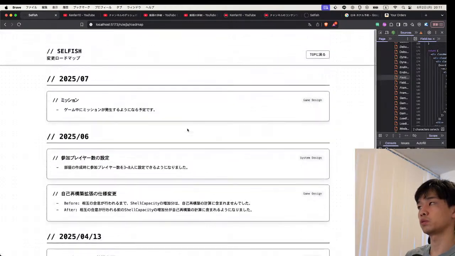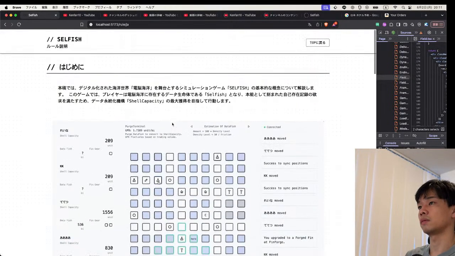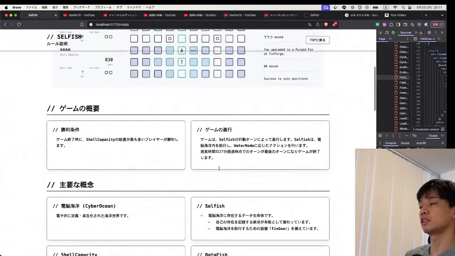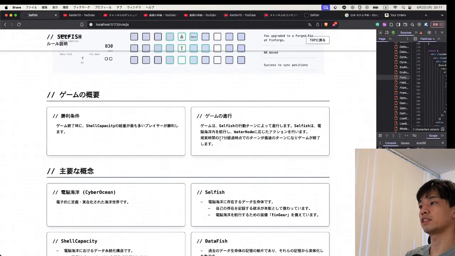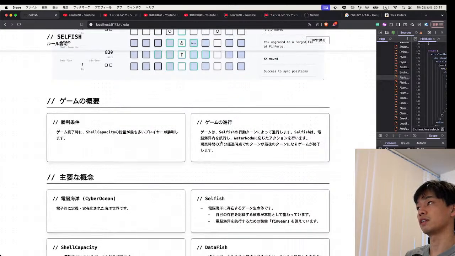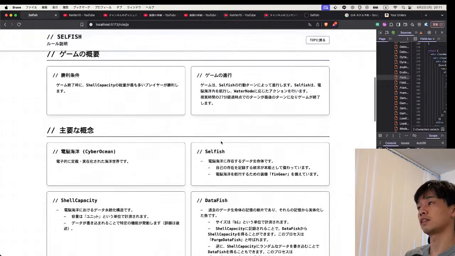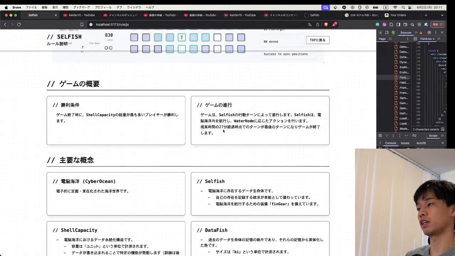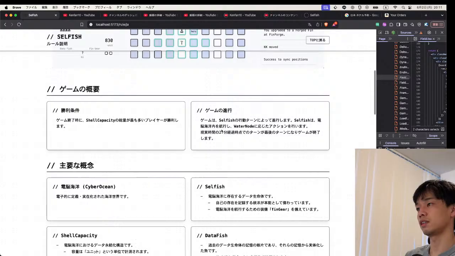For example, game duration. For now, the game duration is 27 minutes. I don't have a specific reason about 27 minutes, but for now the game duration is 27. But I want to change